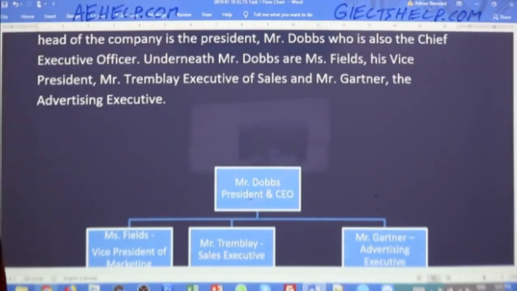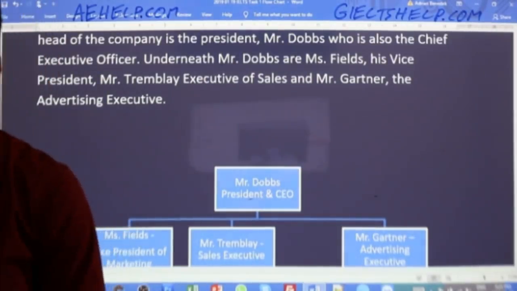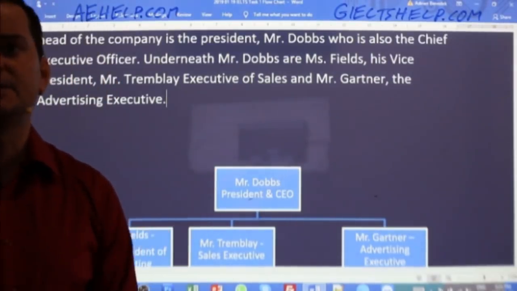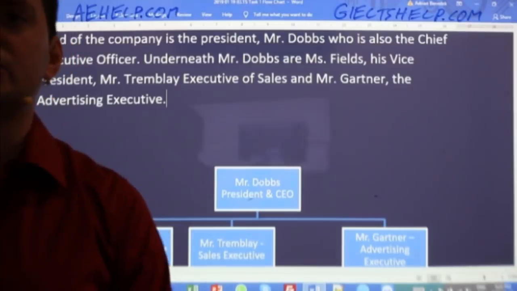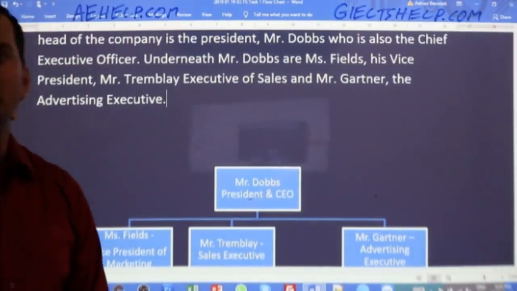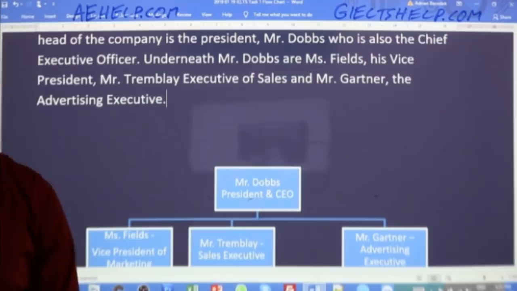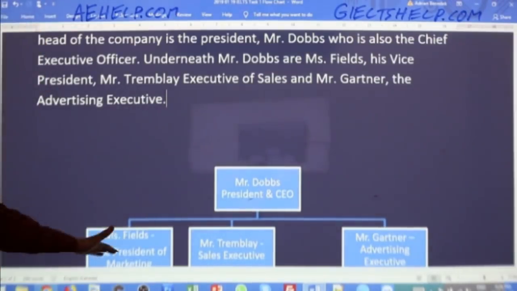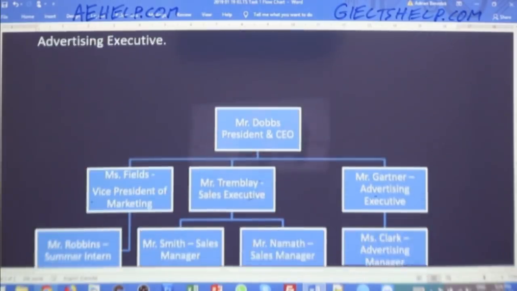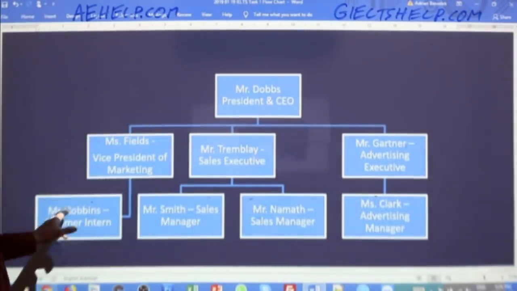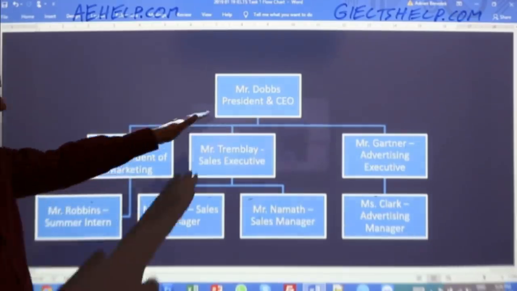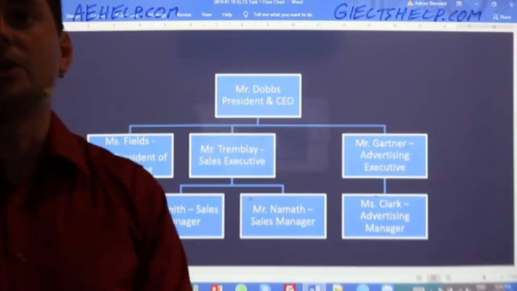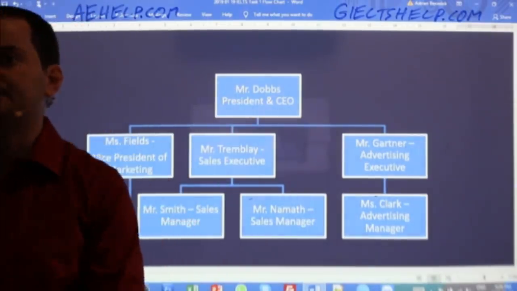Sahil, staff is okay. Members and employees will work also as synonyms, but staff is fine. Naveen says Mrs. Fields is one of the subordinates to Mr. Dobbs and also the vice president of marketing. Very good, Naveen. That will work. Okay, so I think you're going in a different direction to explain this flow here. It seems to me like you've taken the second approach, and that's just a different way to do it. It's fine. It's also effective. All right.